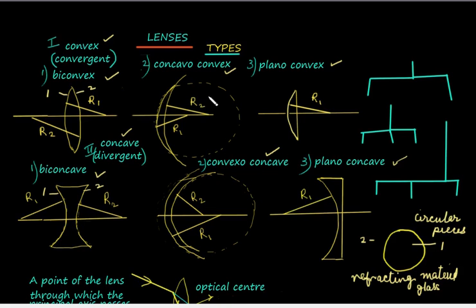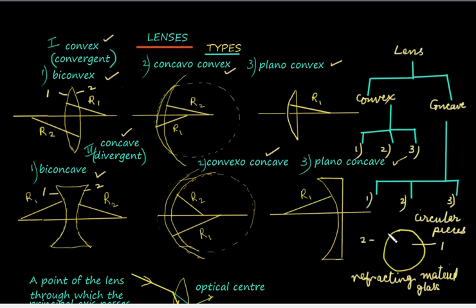We can just note the classification of the lenses in the form of a flow chart here. Let us note it down. Convex lens is further classified into these three types. I will note only the numbers here due to lack of space. Similarly, for concave also there are three types. The names are noted here. We will simply write the numbers.